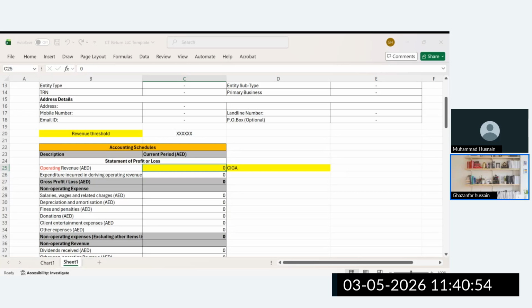As we mentioned, the notes to accounts is also part of the financial statement. So now note number 6 point B, just go to the same note and see what is the breakup of the revenue. Why is that? In the FTA return, they are asking for the activities you are performing, and the breakup of the revenue from each activity. So like 30%, 40%, whatever, they are asking for the breakup of the revenue. Let's see the breakup in note 6 point B.